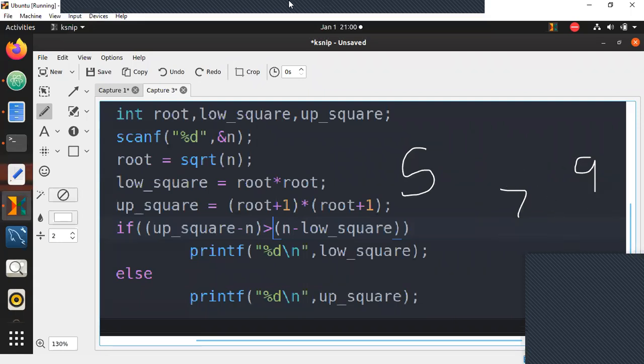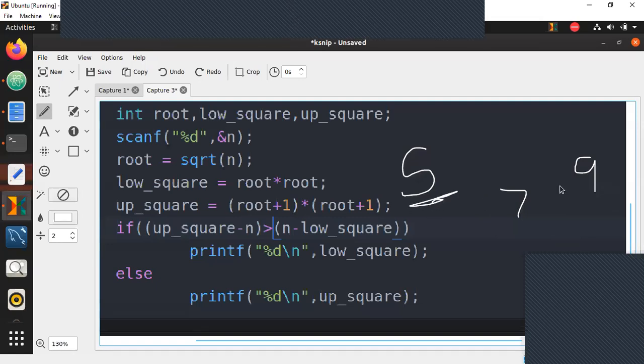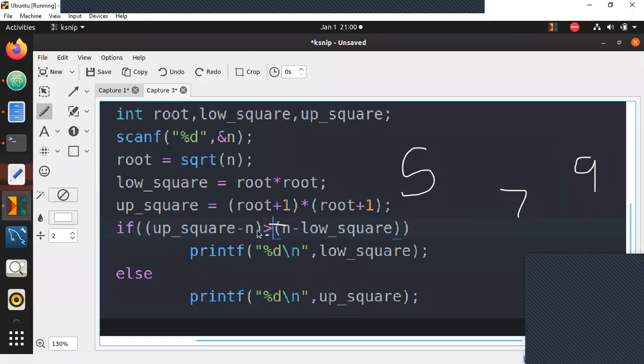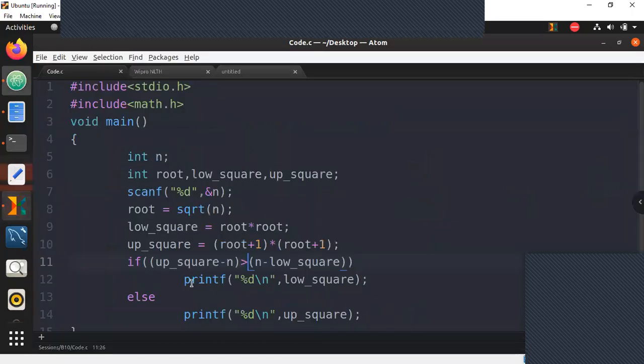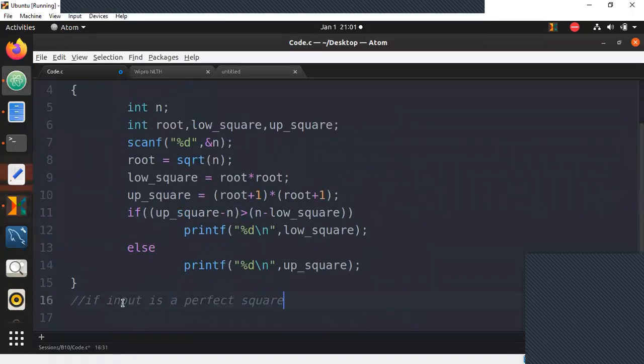In that case, since the distance is the same, if they say in the question that when distances are the same, print the upper square, then you need to make sure that when the distance is equal, you should not print the lower square, you should print the upper square. So the equal condition should go to the else part. That is why we won't use equals here. If they say when distance is same, print lower square, then you give equals here. If they are equal also, you go in the if and print the lower square. But that secondary condition aside, this is our test case which we should work through.